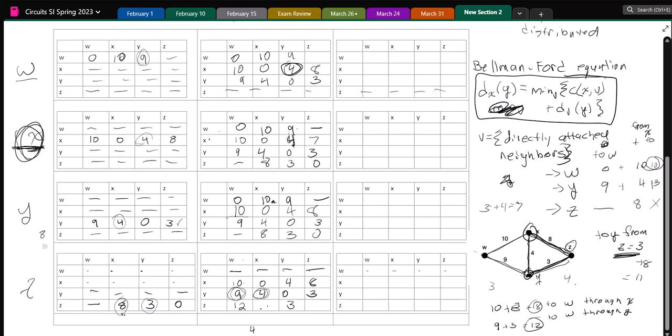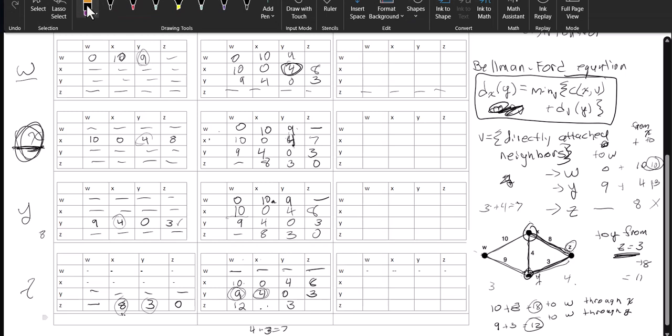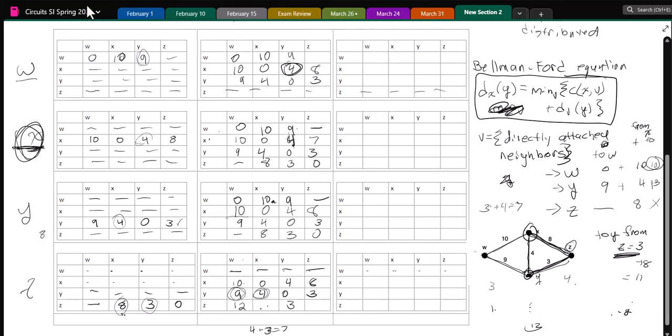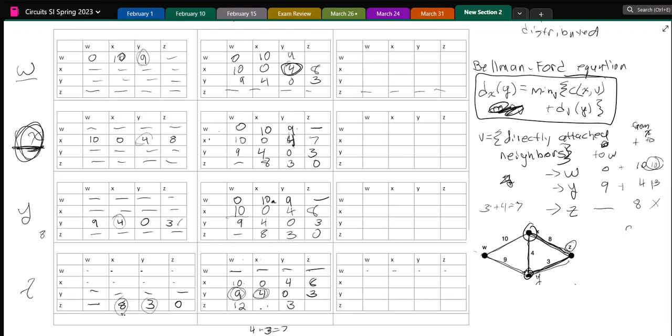And then the cost to get to Y in the first place is 3. So that's 7. So plus 3 is 7. So that's to get to, let me write down what I'm doing here. So we are in our